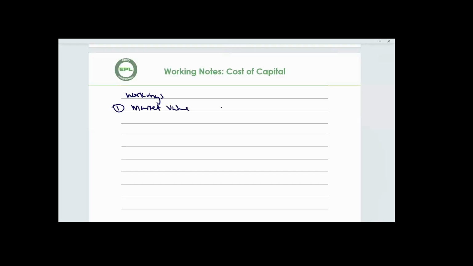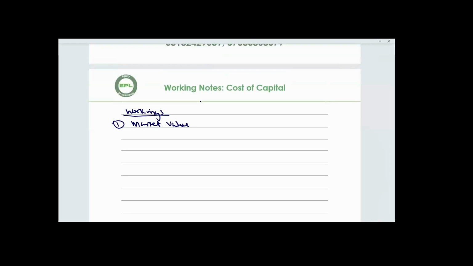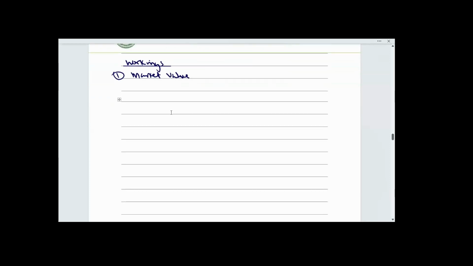You recall that I mentioned earlier today that when you want to calculate WACC using market value, you need to first of all go ahead and calculate market value of individual source of finance. Then once you are done with that, you can use it to form the proportion of equity, proportion of preference share, proportion of debt in the company's total pool of capital. So in this case, I would say equity value denoted as E.